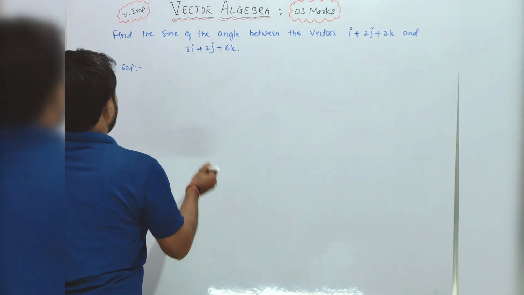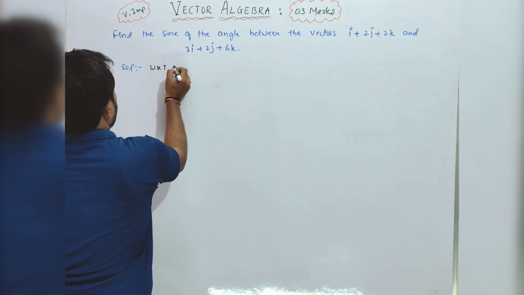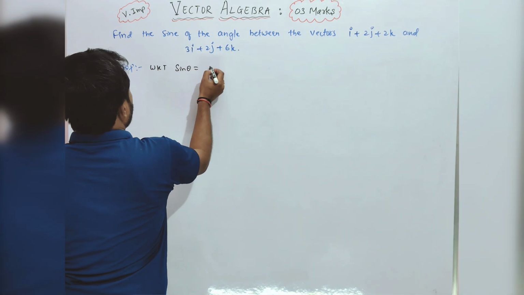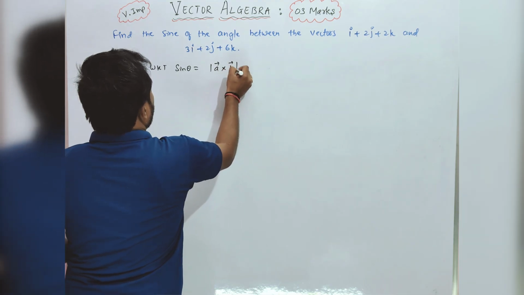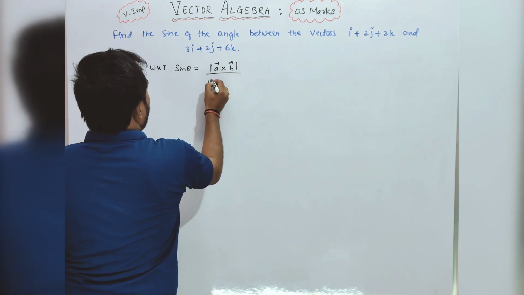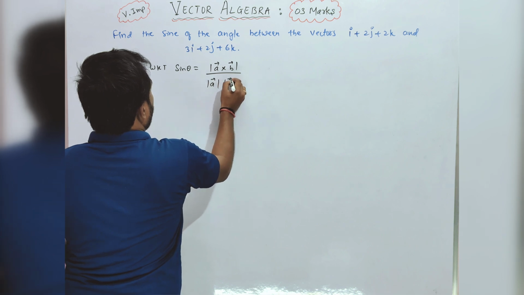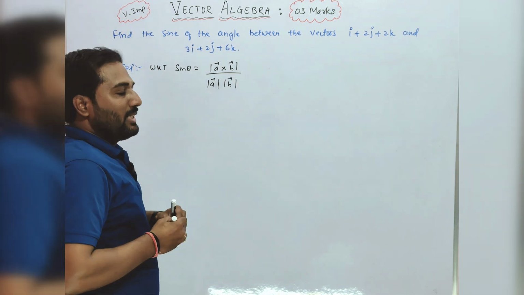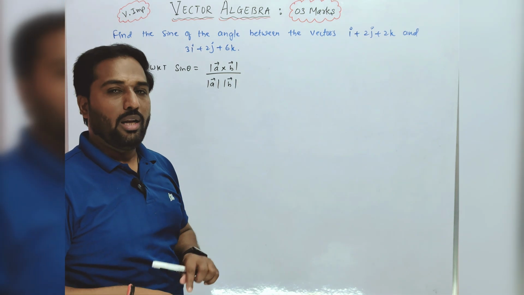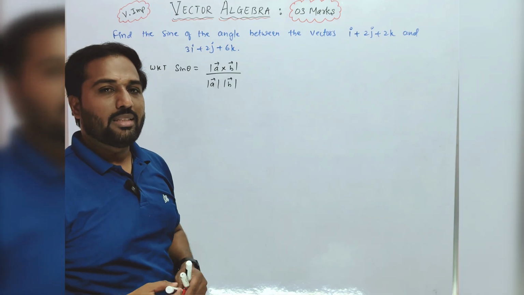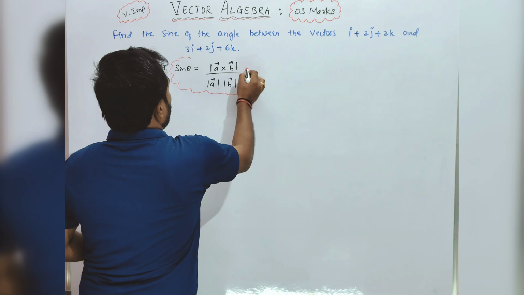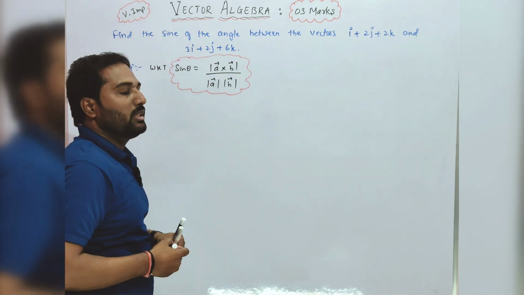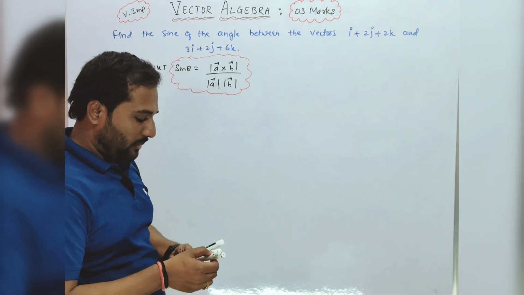We know that sine theta is equals to modulus of A cross B divided by modulus of vector A into modulus of vector B. So this is the formula you should remember compulsory. This is sine angle between the two vectors A and B. Okay,